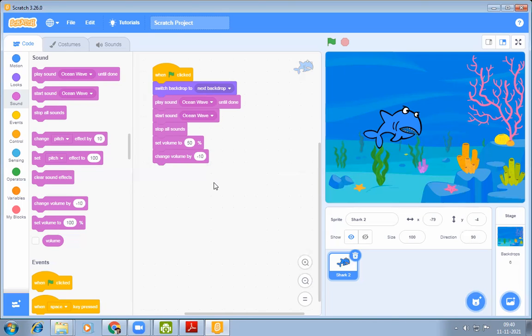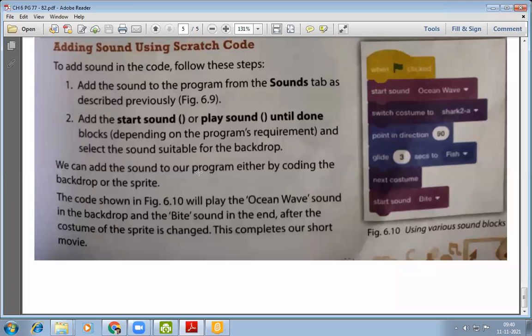We can add the sound to our program either by coding the backdrop or the sprite. The code shown in figure 6.10 will play the ocean wave sound in the backdrop and the bite sound at the end after the costume of the sprite is changed. These complete our short movie.